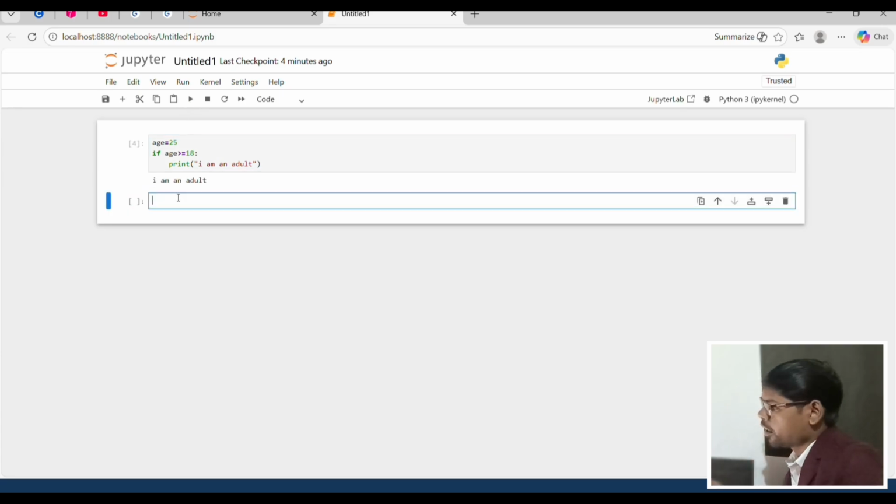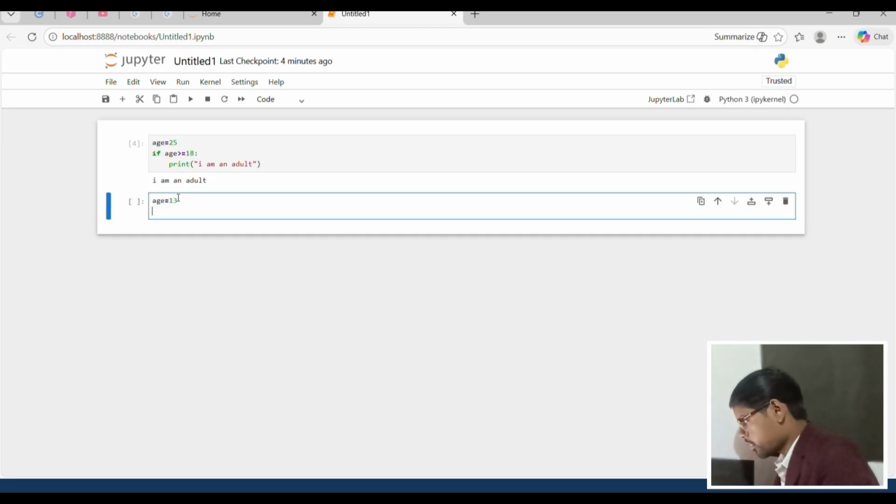But if our age is 15, 14 or 20, so use such a condition, because true and false conditions are combined.